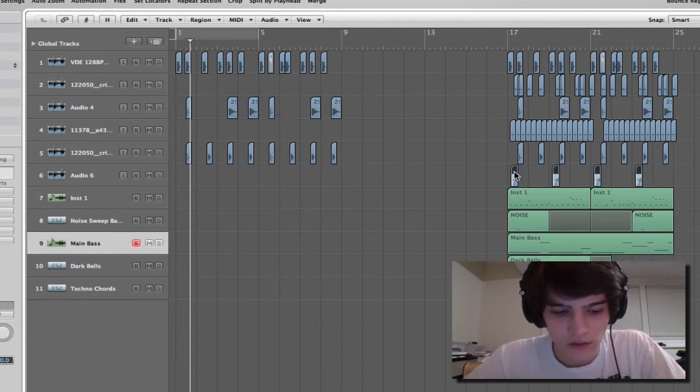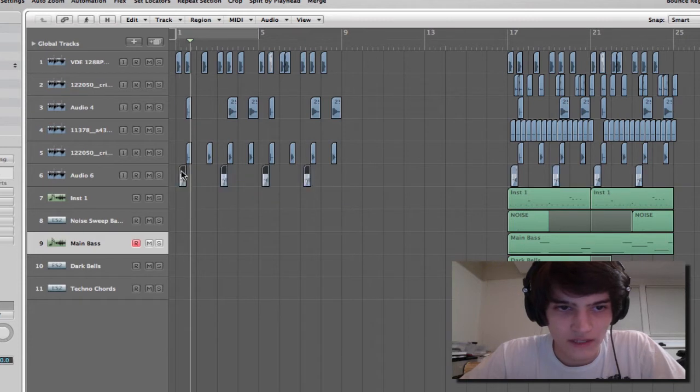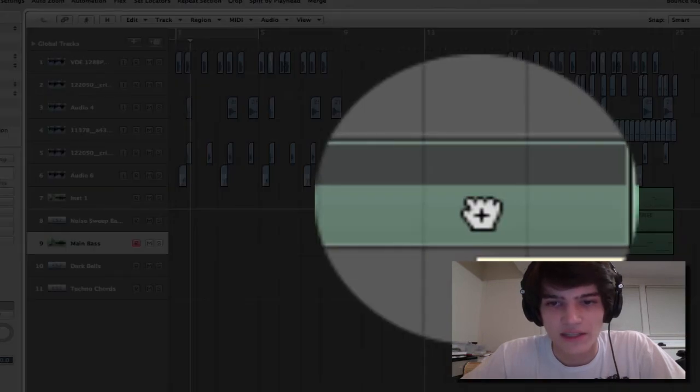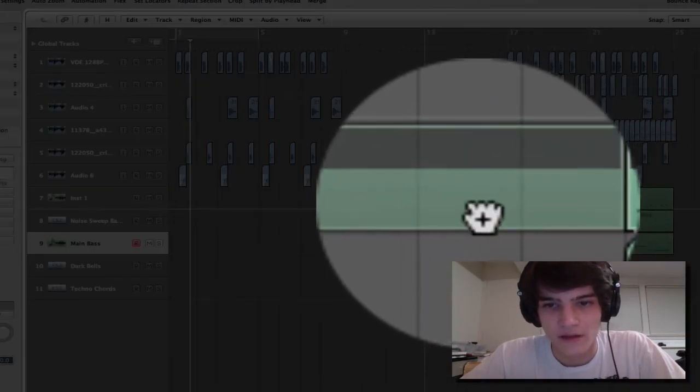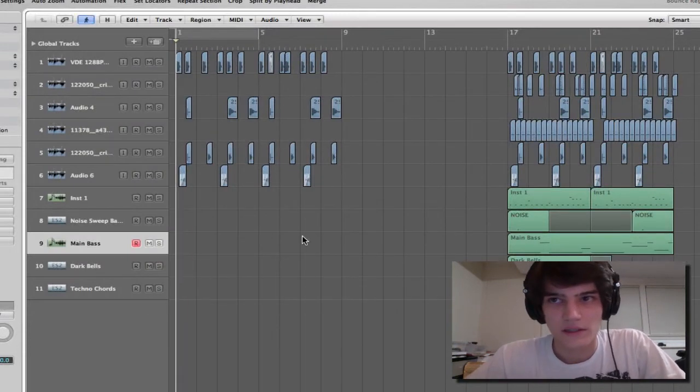So hold Option, click and drag to copy pieces of audio or regions over. Like you can do the same with this. You can tell that it's going to copy because of the little plus on the hand. And then you let go of your mouse and then it copies over. Alright, so